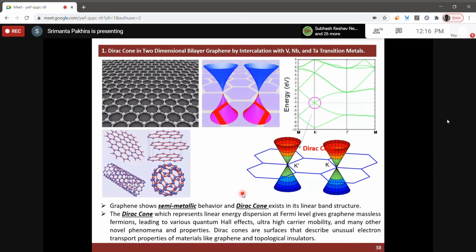In some cases we found that some organic materials also show a Dirac cone. The Dirac cone has a lot of phenomena in physics, especially topological insulators. In that case, the material at a particular temperature shows a zero band gap, exactly the cone. What will happen in that case? The effective mass of the electron in this region would be zero, so the electron can freely move from here to there.